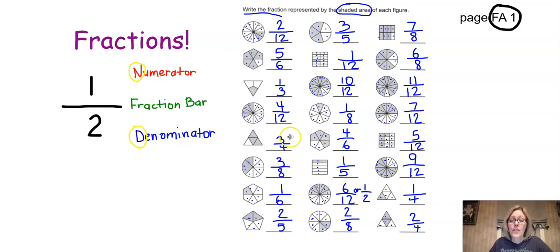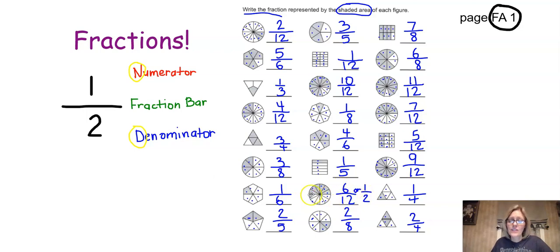7/12, 3/4, 4/6, 5/12, 3/8, 1/5, 9/12, 1/6,